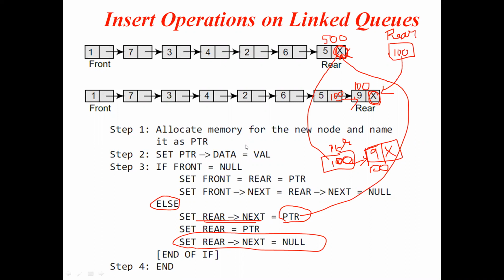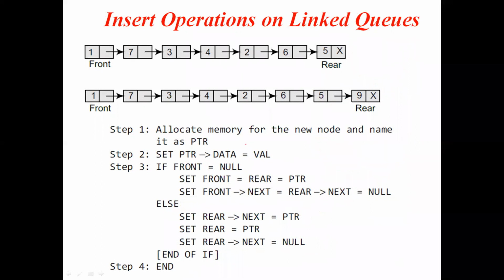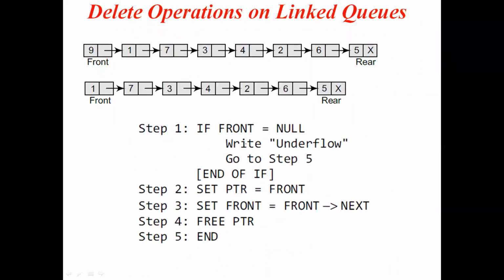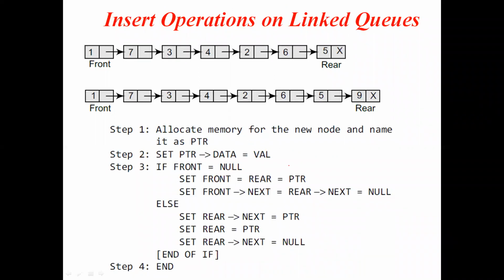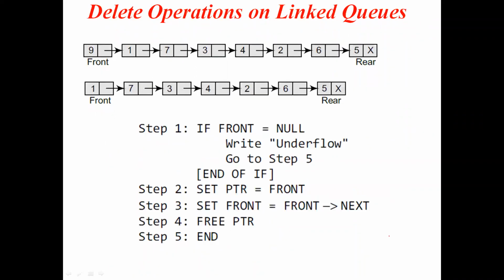Let me erase this and go to the next operation, called the delete operation. Coming back to the delete operation, this is the scenario, right? The first diagram is the current scenario, showing the status of the linked list. Then you call the delete operation or DQ operation. Always write DQ, okay? Here we have represented delete, but you write DQ.